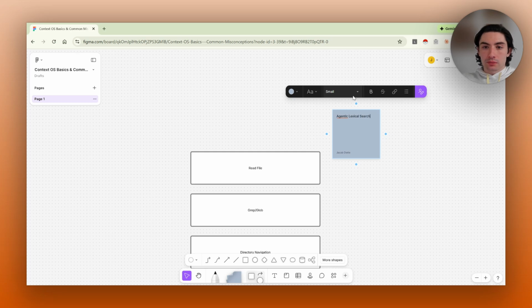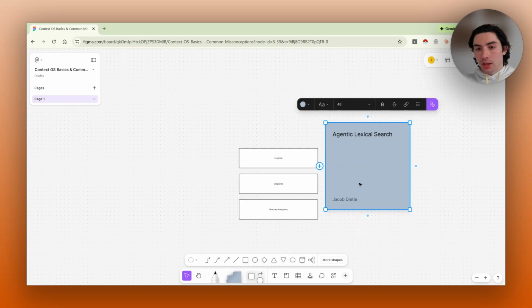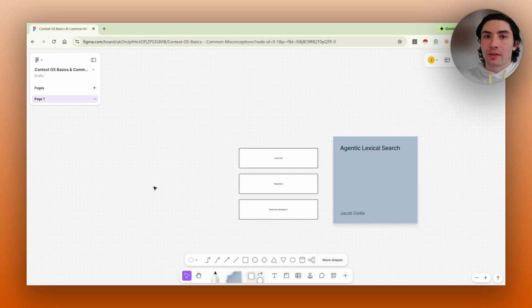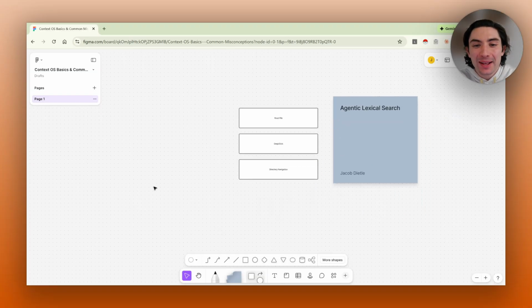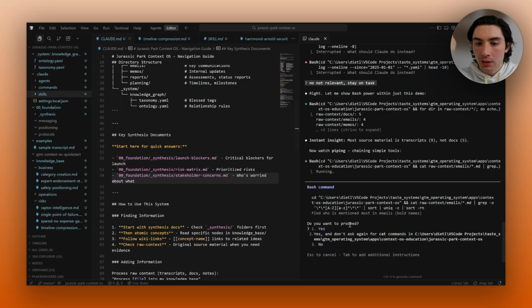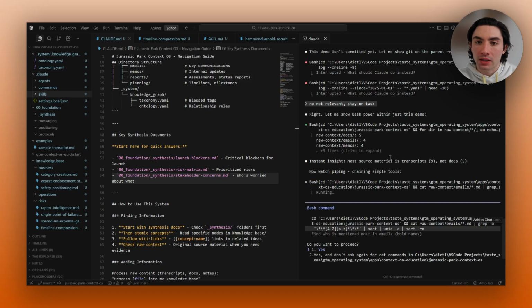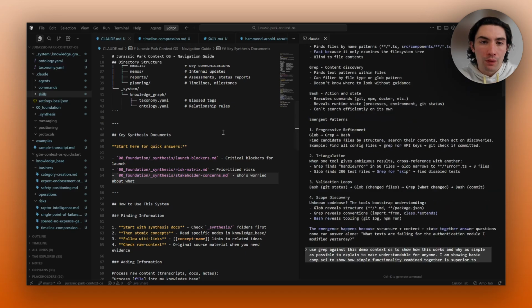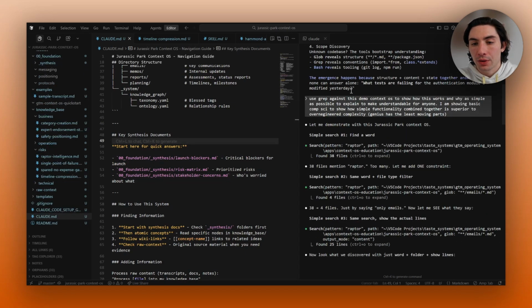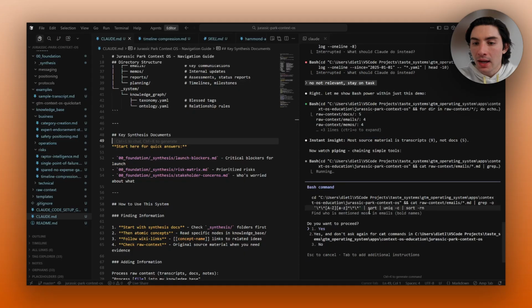Let's go search. And we'll say that's bigger, whatever. I know this is a bad visual. And this all depends on, if we go to here, oh, see, look at this. Now we're getting an advanced search pattern. So it was able to pull enough context into this window from this Claude.md and all the other files it searched across here to say, hey, this would be a good demo.